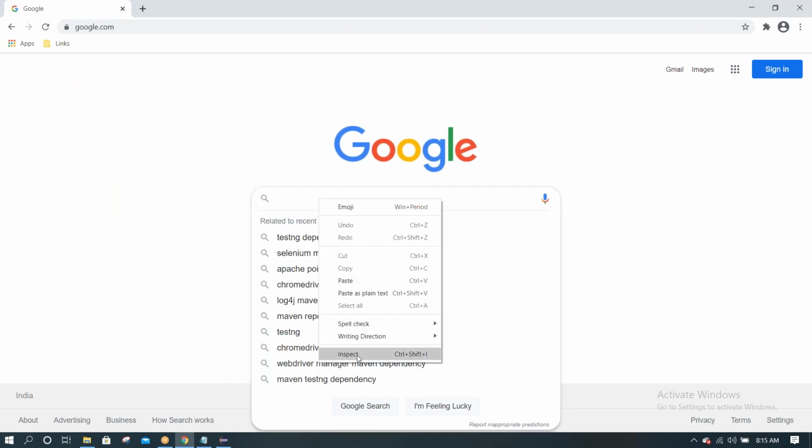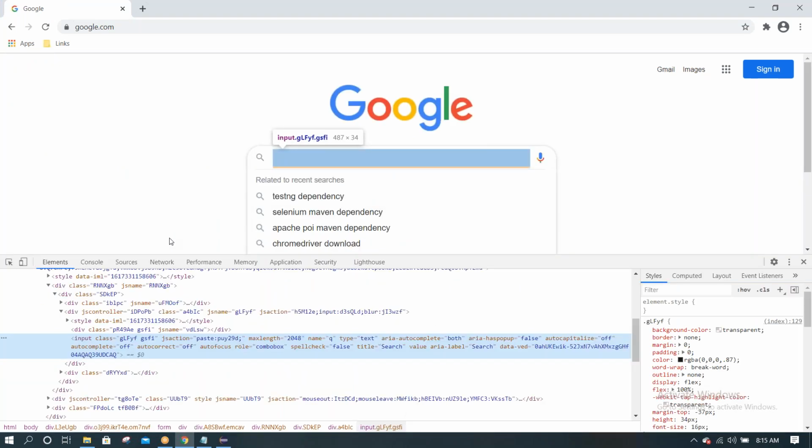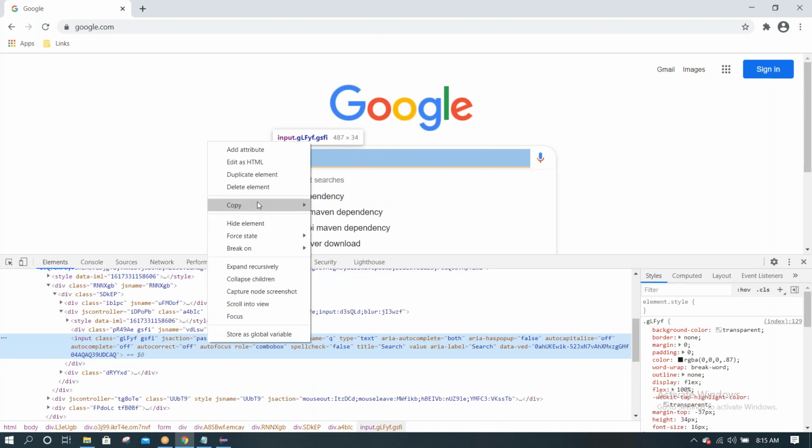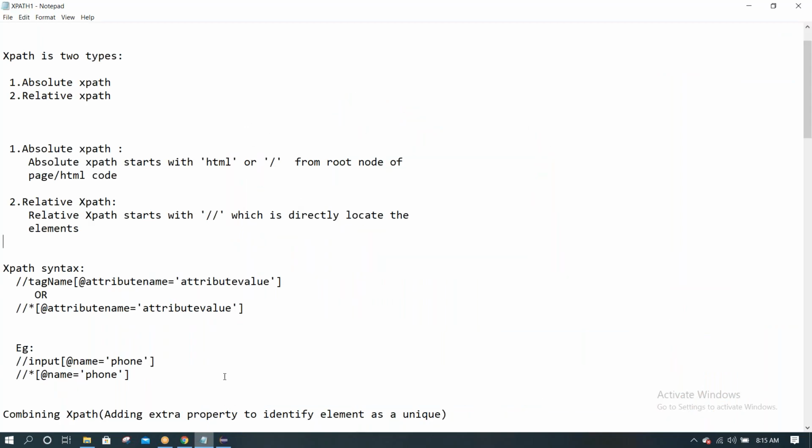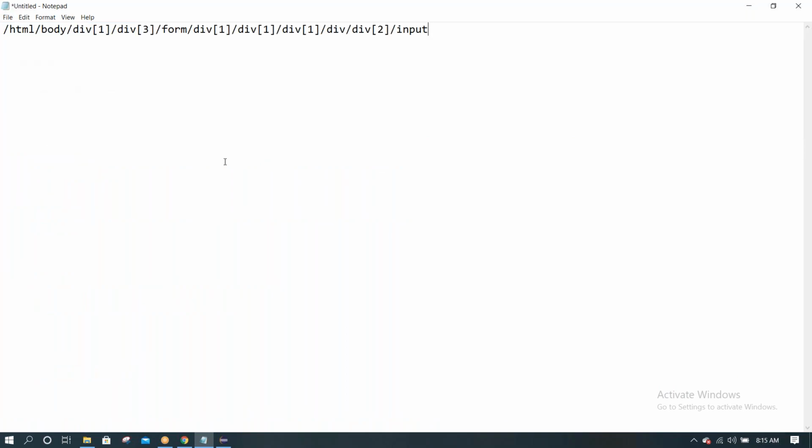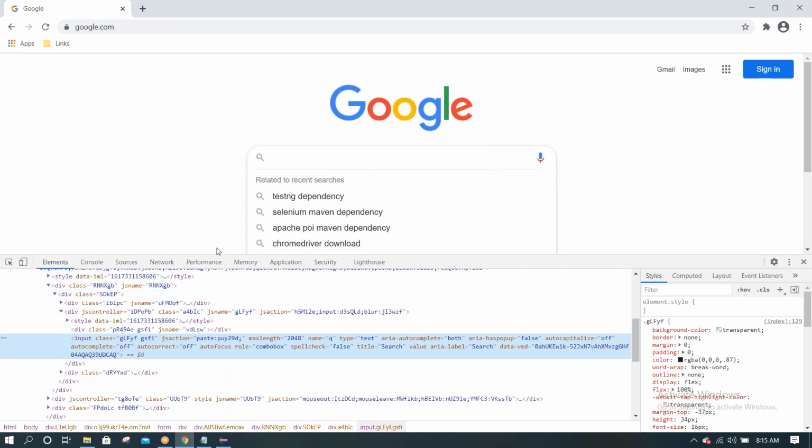Let us try to inspect this element. Here we have name equal to q. We can go with that. Generally, how do we take the XPath? By default we have the copy XPath option. Now I just copied the XPath like this.